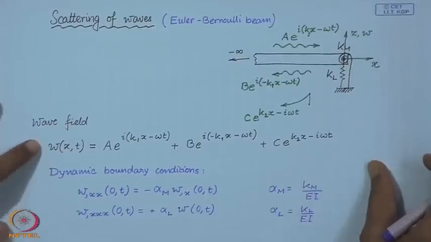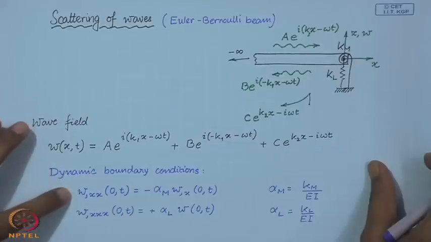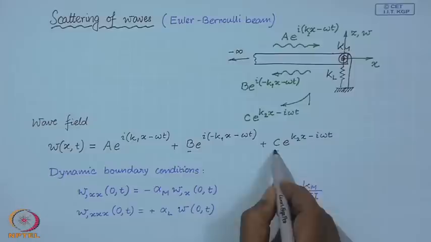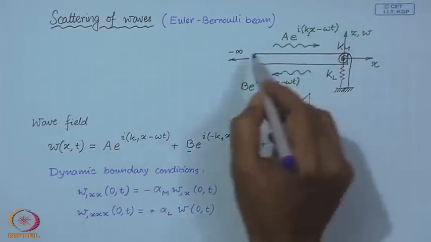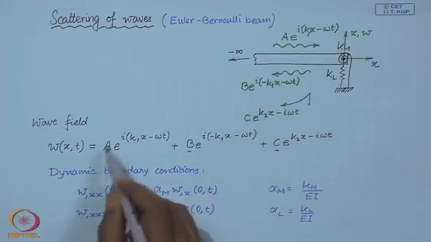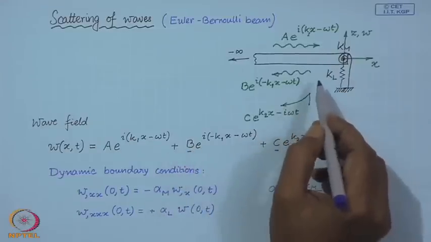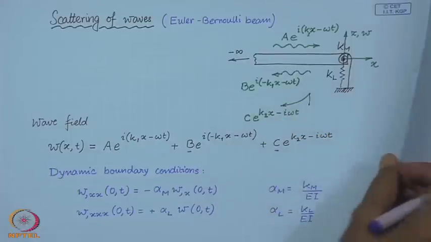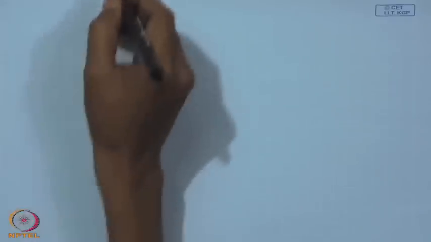Now, we substitute this wave field in the boundary conditions, and we will try to compute these coefficients B and C in terms of A, because A is the incident wave, so A is known. In terms of A we would like to know B and C, which means the amplitude of the reflected harmonic and the reflected evanescent waves. If you do that,